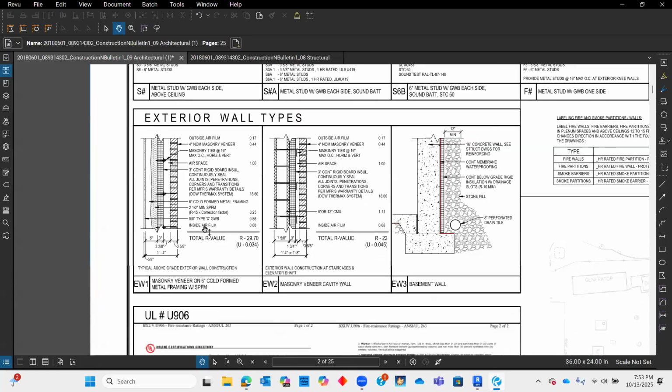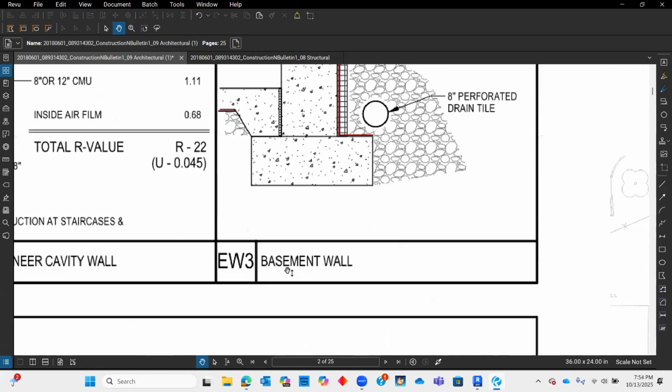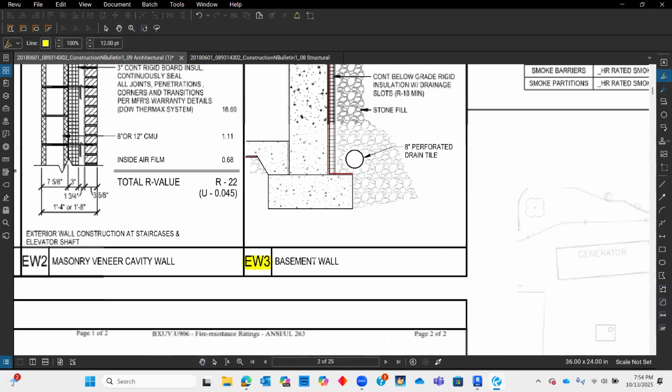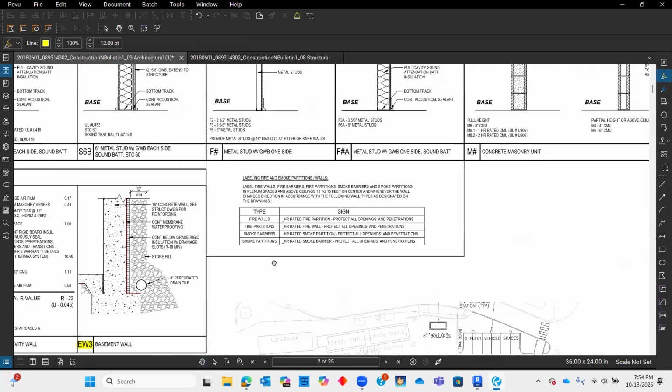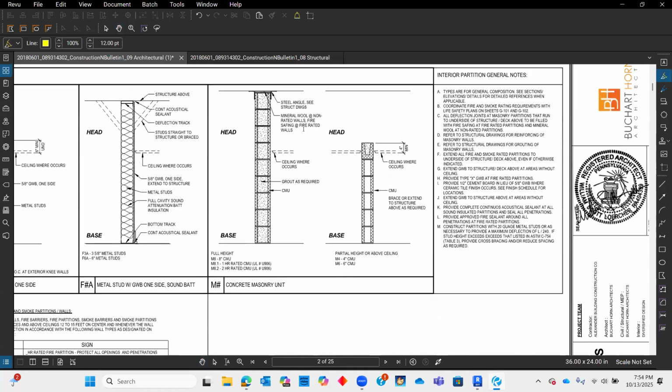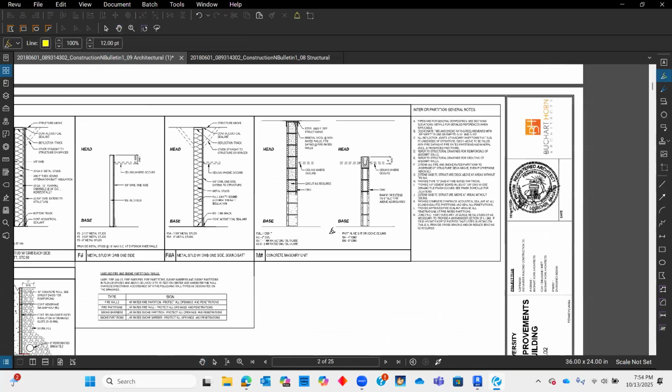So we are going to be focusing on EW3, which is our basement wall,